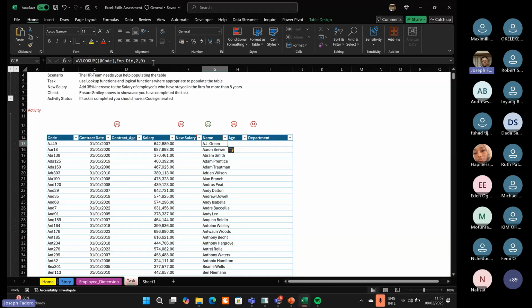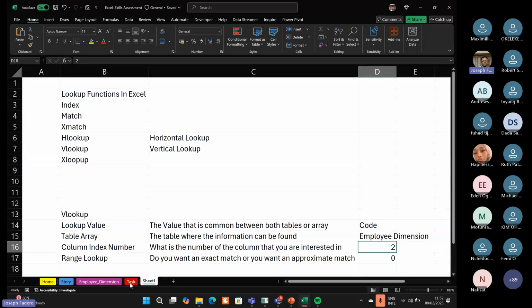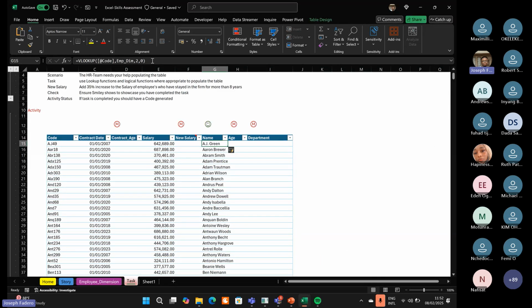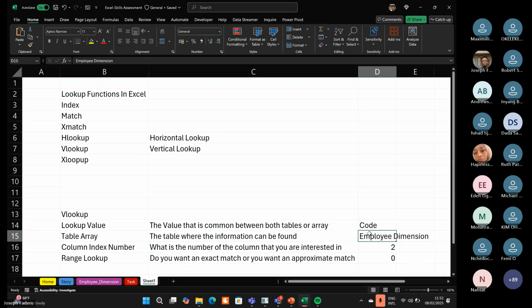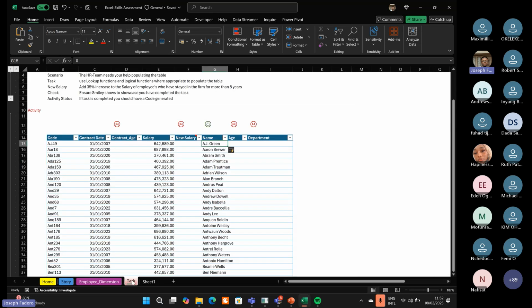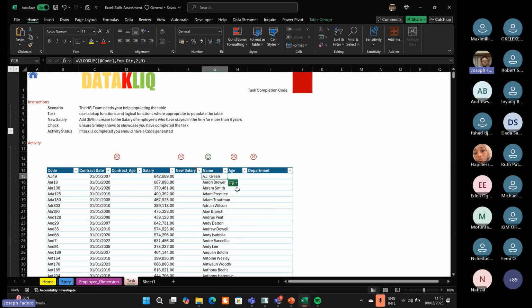So we've basically built our VLOOKUP outside, and all we just did is come here to execute the formula. Is there anything different from what I stated here? Our code, our employee dimension is our table, the column index number is 2, and we're looking for an exact match. Now, I'm looking at time also, so I want us to wrap up at exactly like 12-ish. There's only one other thing I want to add to this. Now, with our knowledge of self-referencing,